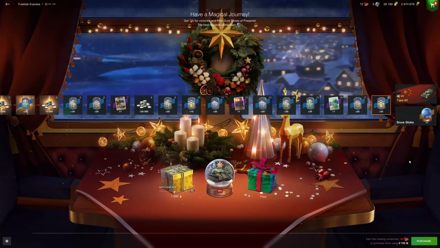I believe it is 207 of these bells, which means just over 100 wins. And then of course to get the Type 62 dragon alone would be like 307 bells. To get the snow globe, I think it's like 482, and to get all of them combined is a whopping 582. So yeah, a lot of bells and a lot of wins to get,